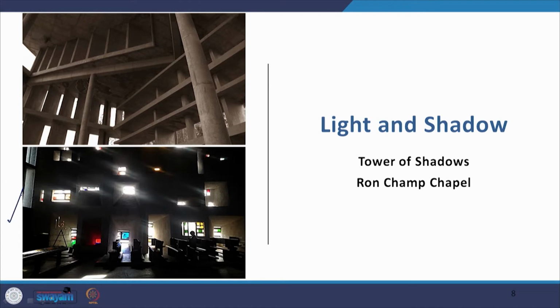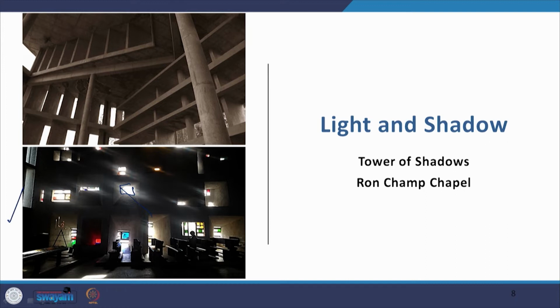We see that amazing light and shadow impact in the Ronchamp Chapel, where the walls are very thick in rugged masonry, and then there are these cavities through which, in a very thick wall, the light filters into the chapel. Now the same impact is not there in the Villa Savoye, because in Villa Savoye the light was flat.